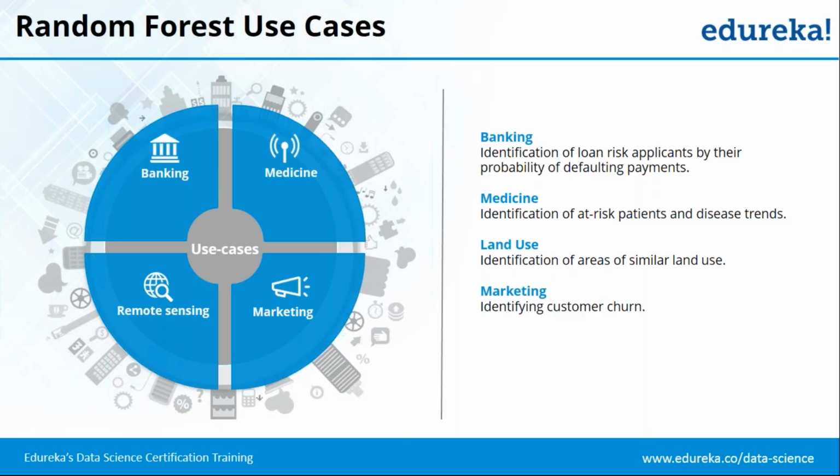So that is how random forest is being used in banking. Talking about medicine, random forest is widely used in the medical field to predict beforehand the probability that a person will have a particular disease or not, right? So it's actually used to look at the various disease trends. Let's say you want to figure out the probability that a person will have diabetes or not,